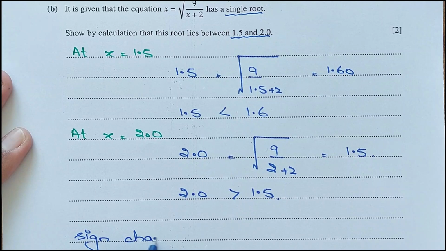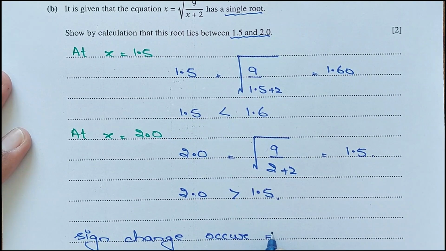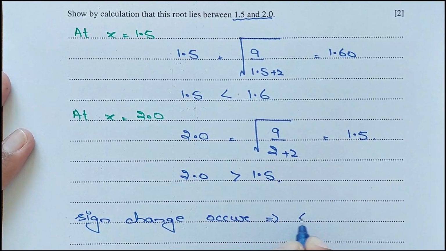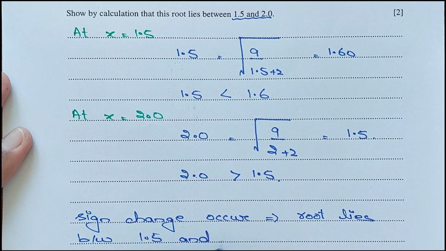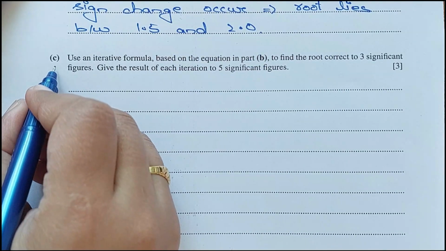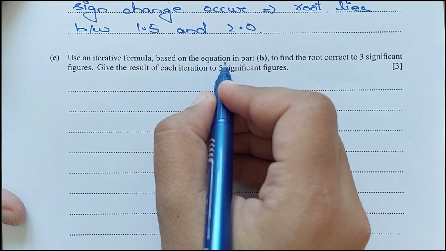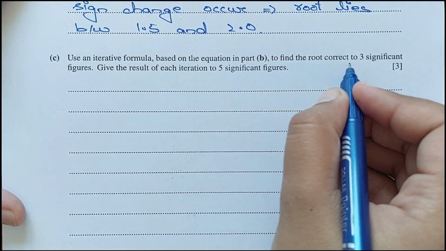Sign change occurs. This implies the root lies between 1.5 and 2.0, right? Now for part C, use an iterative formula based on the equation in part B to find the root correct